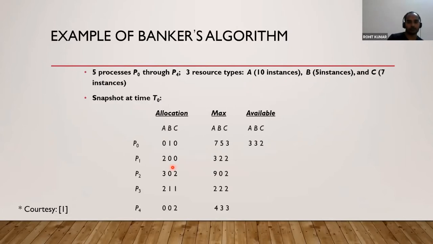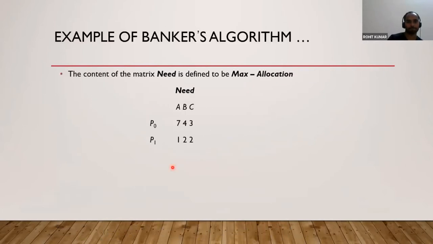Okay, so come here. We have 332, so we can execute. We can give resources to P1. So 332, in this way, it will get fulfilled. After the execution of P1, these resources will also become available to the available pool because P1 will complete its function. So it will return its resources. Once P1 returns its resources, what will be the amount of available resources?